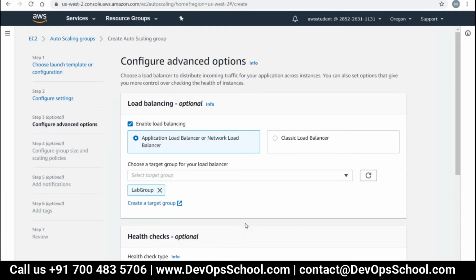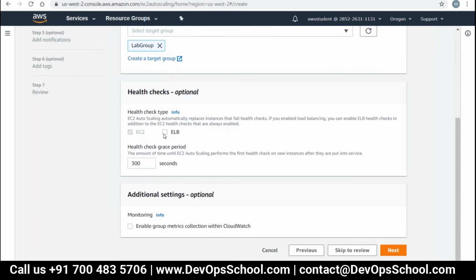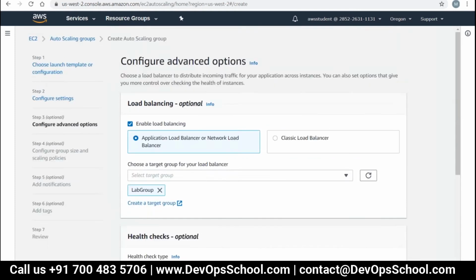Right. So health checks we have to add, and monitoring. Do we need to check these two? So that's what I'm looking here. Health checks are by default giving you at 5-minute time. Let's leave that. Enable group metrics collection within CloudWatch, you can leave that as well. Then next,